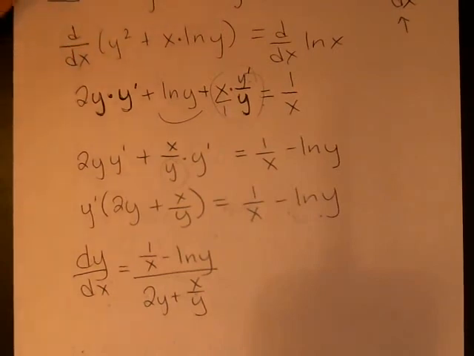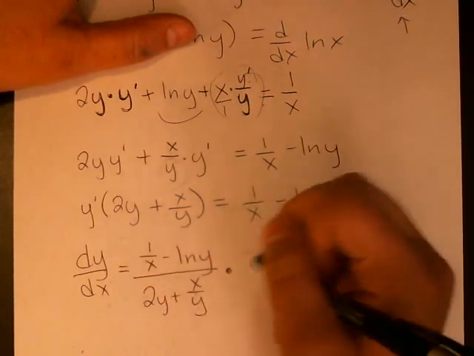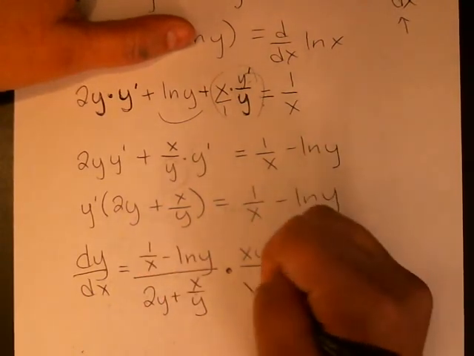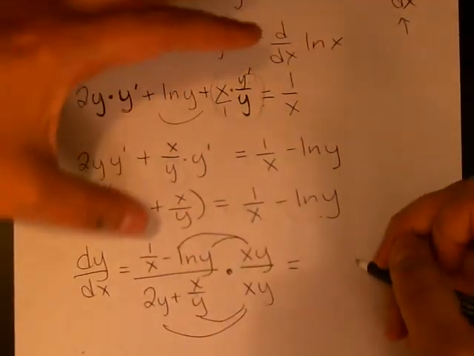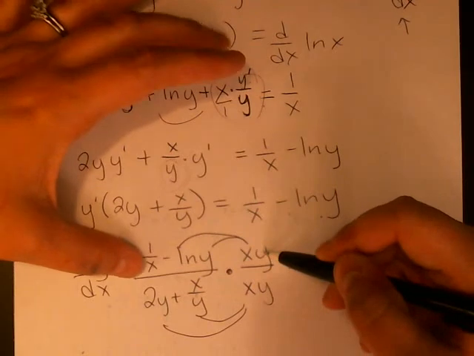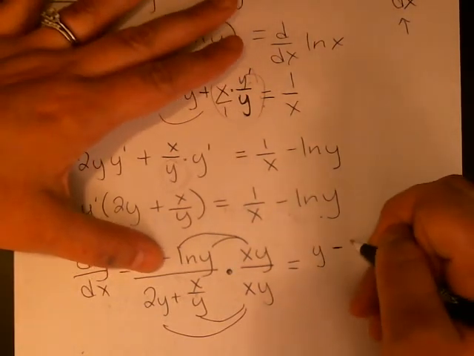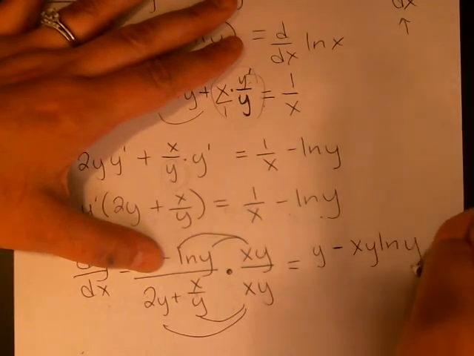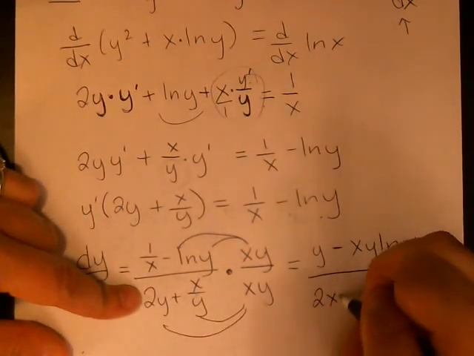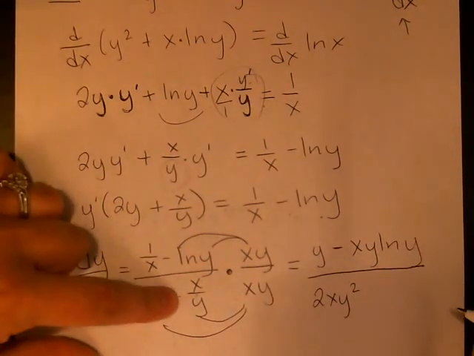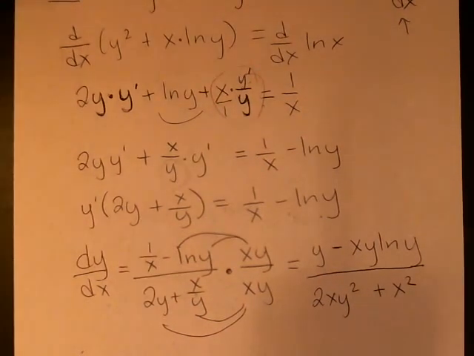So this is solved, but the answer is not simplified. So my last step here would be, I want to get rid of that x and that y, so let's multiply top and bottom by xy. Make sure you distribute. So on the top, xy times 1 over x is just going to leave me with a y. And then nothing cancels here, so I get minus xy natural log y. And that's going to be divided by 2xy squared. Nothing cancels there. And then here, a y cancels, but I'm left with an x squared. And that looks like